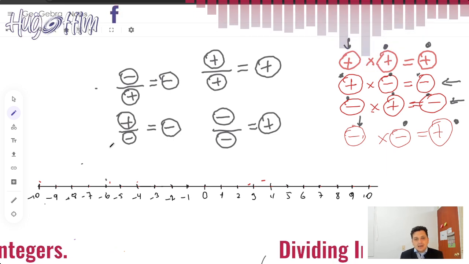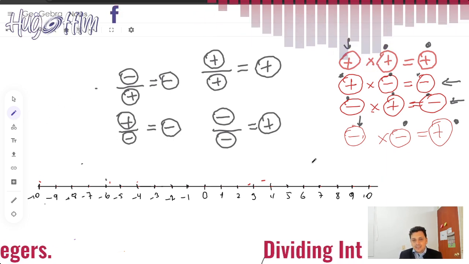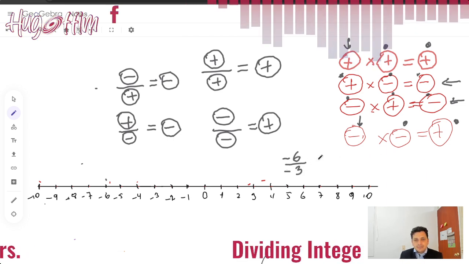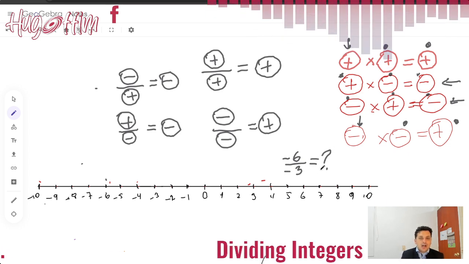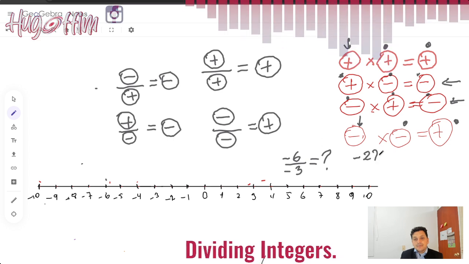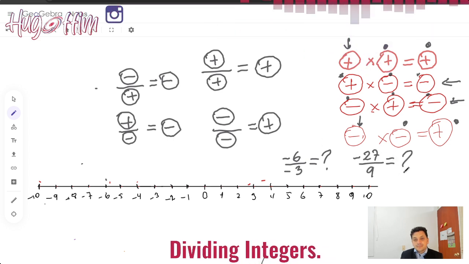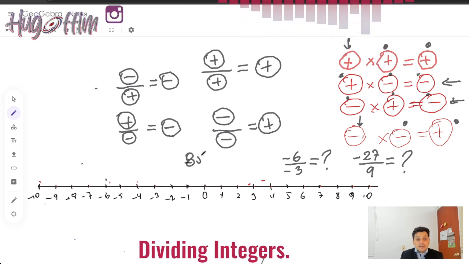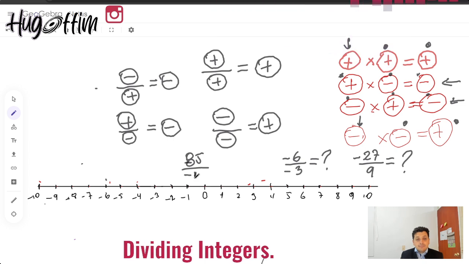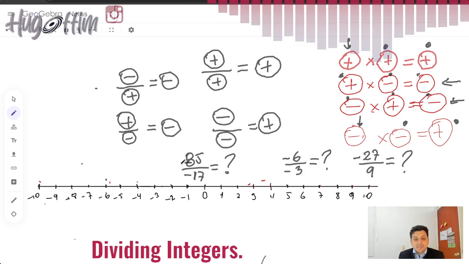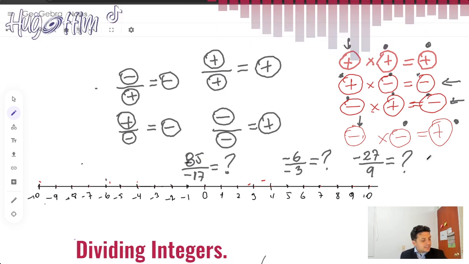So you can just practice. I suggest you practice with many numbers, like for example, find the division of -6 divided by -3 and write your comment. And for example, get the division of -27 divided by 9. Or for example, 85 divided by -17. What do you get? Okay, so you can write in the comments the answers to these questions